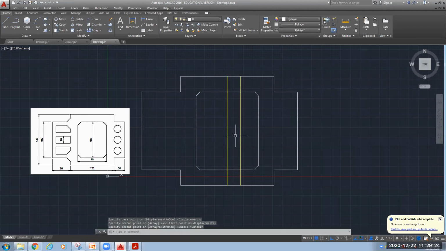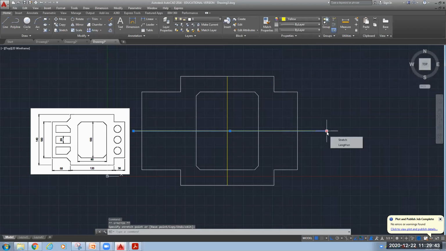Yeah. And rotate it. Rotate this line. Specify the base point. I will select the middle one. Angle I will keep 90. So I have rotated that line. Now I will extend it up to this point. I will delete it as per the requirement.